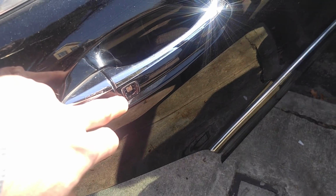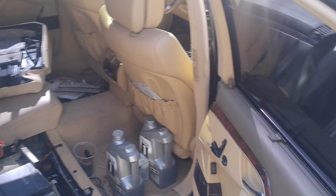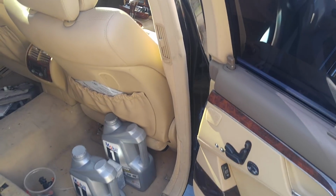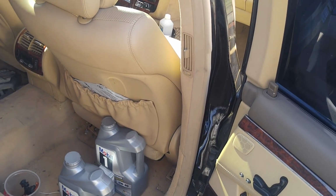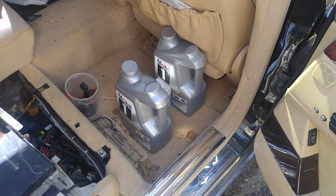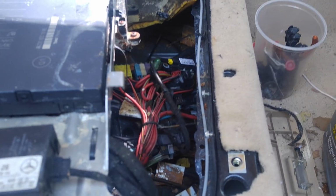The keyless entry buttons are broken, the little piece covers. The seats didn't move, so this one was seized up. Now it's moving, it's good. I have a little bit of oil sitting here. The biggest issue was here. Actually, this is not the hugest issue. For me, this is not the biggest issue, but